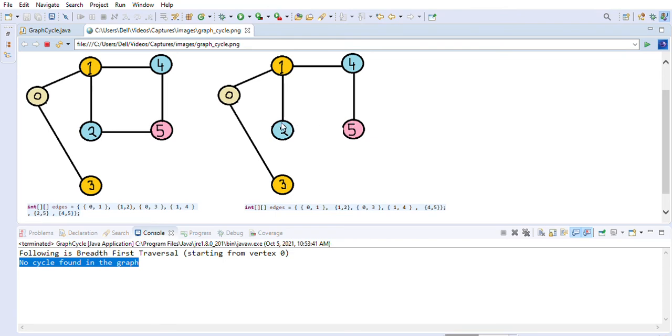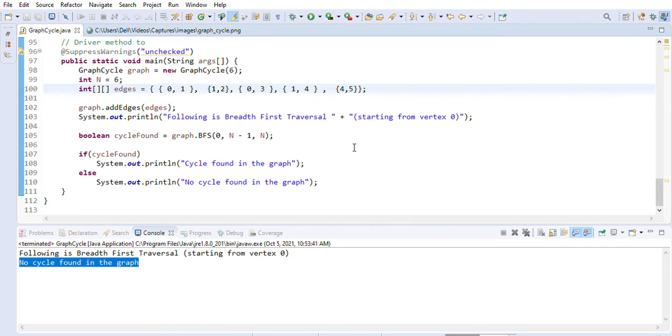What we will do, just to show you an example, is put an edge from 2 to 3. That will cause a cycle, right? Because now if I put a 2 to 3 edge, then it will cause a cycle like this basically. So let us put a 2 to 3 edge and rerun the program, right? So let me just put an edge here, 2 comma 3, and then we will rerun.